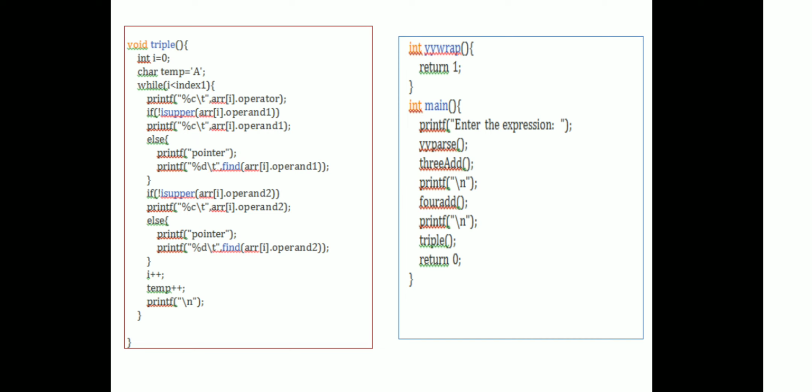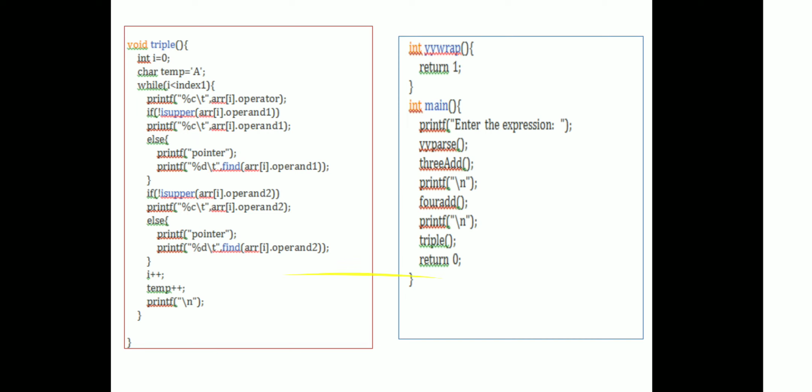The yyerror function is basically used to check for the end of the argument input. Error is used to check for any error; if there is an error, it displays the message. In the main function, we enter the expression and call the parse to start the syntax analyzer. The syntax analyzer accepts any expression, validates it, calls the translation rule, which calls add to table, and everything is stored into the table. Then we call the 3 address function, then we print 4 address, this quadruple, then we call the triples, and we return.